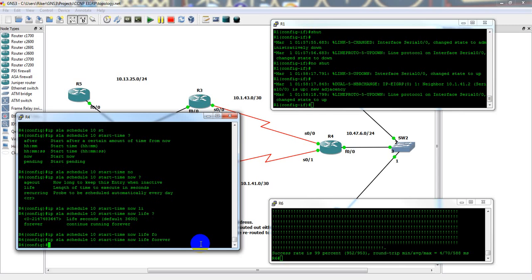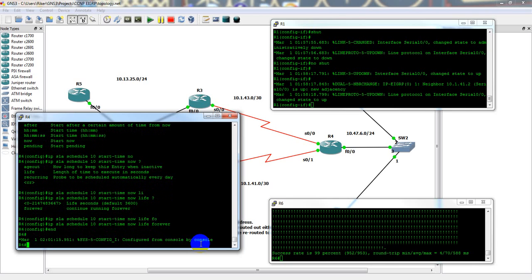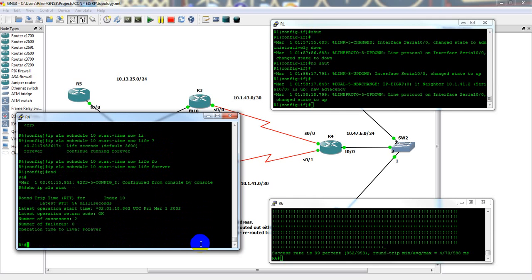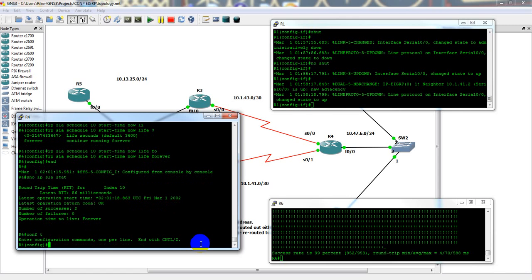Okay, now if we come out of here and we do show IP SLA statistics, right now it's successfully pinging R1 serial interface from R4, so we know that's working. So now what we're going to do is jump back to R4, and we're going to type in